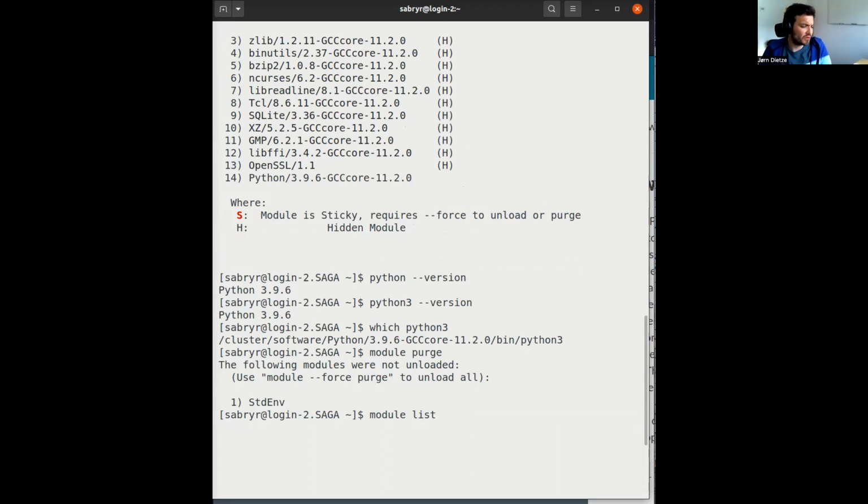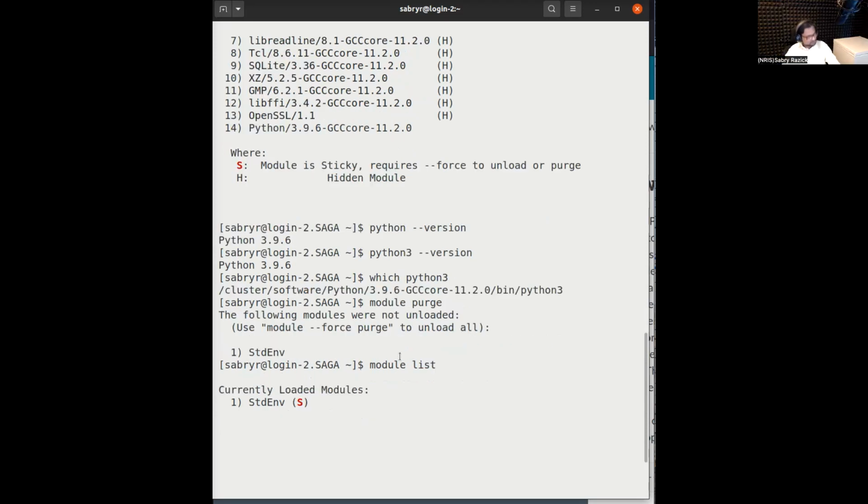Now, just because you wrote module purge, so you said it should unload all of the modules, but there's still one left. Is this a problem? No. So that's a good observation actually. There are certain standard modules that you should not unload, that are needed for the general functionality. So it's okay to have the standard environment loaded. Then